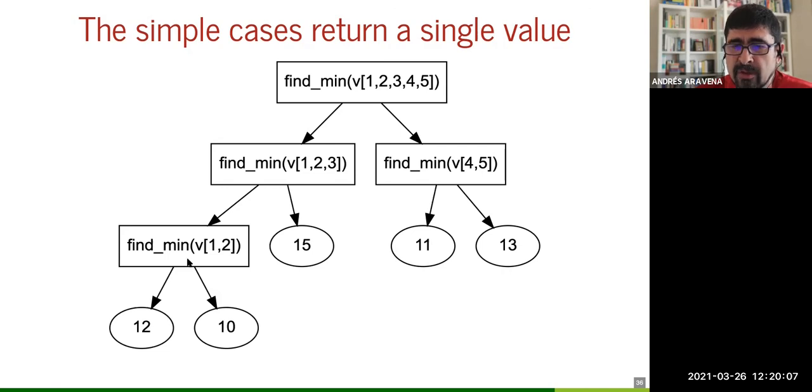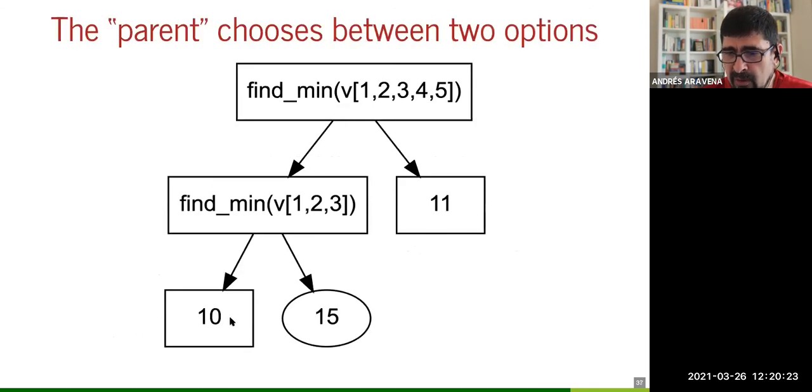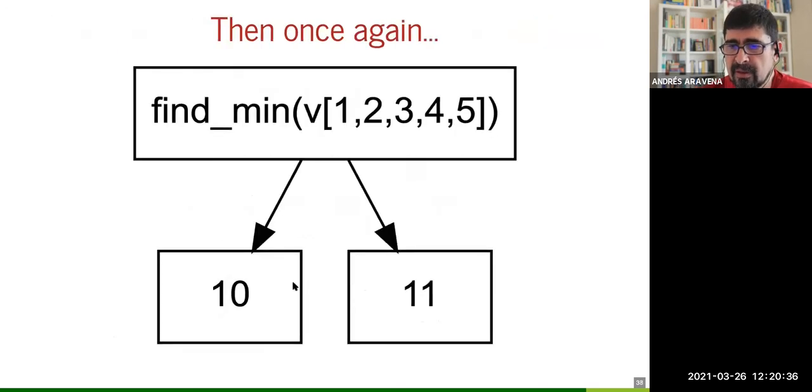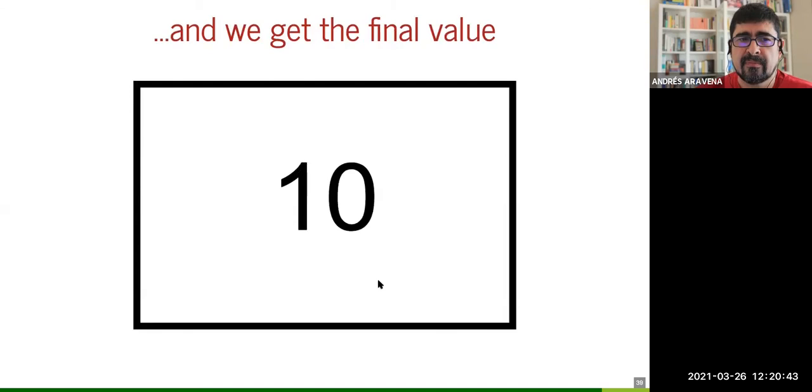The code takes the result and chooses the minimum. Here it will be 10, and choosing the minimum of 11 and 13 will get 11. So you will have here a 10 and here an 11. Yes, we got an 11 and we got 10, and the 15 that we had before that we could not solve yet. Now we have to compare these two, 10 and 15, and you will get 10. And then to do the final step, you compare and you get 10. Okay?